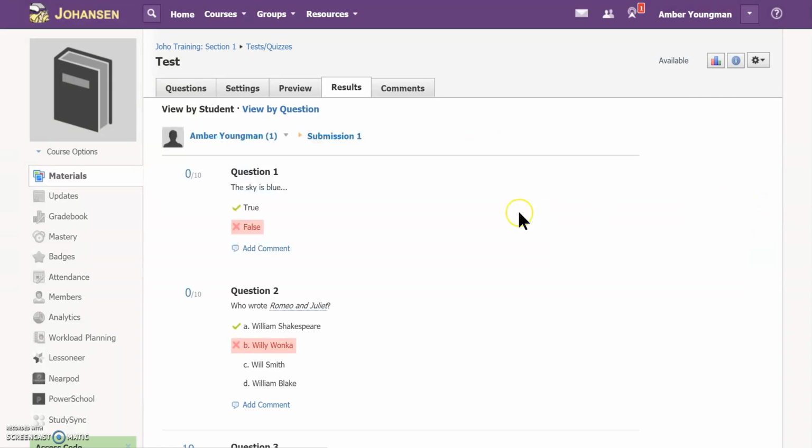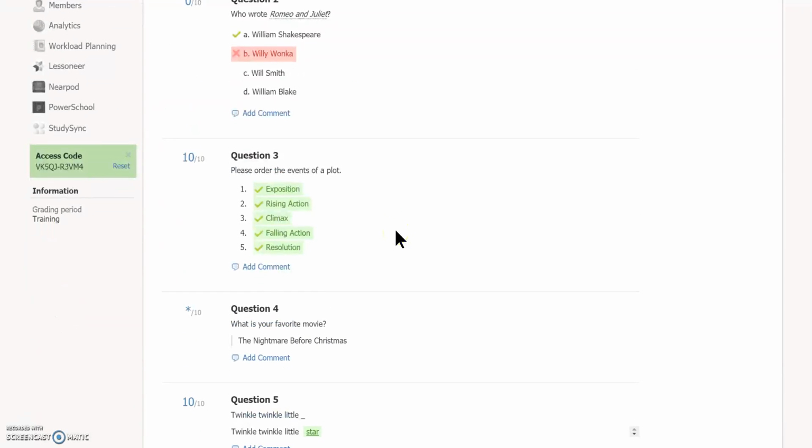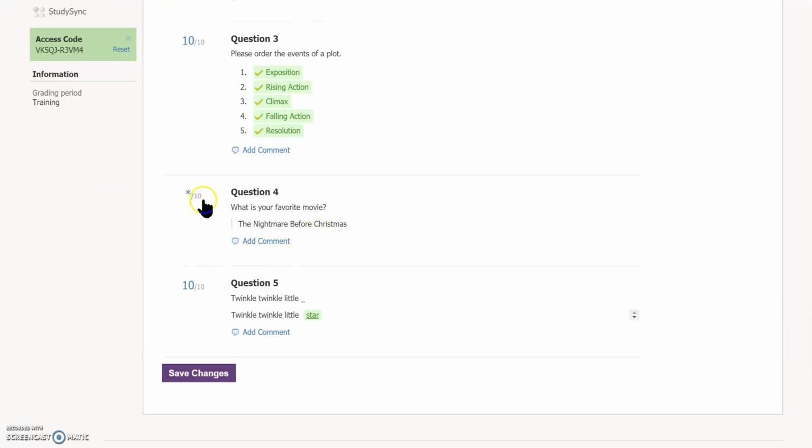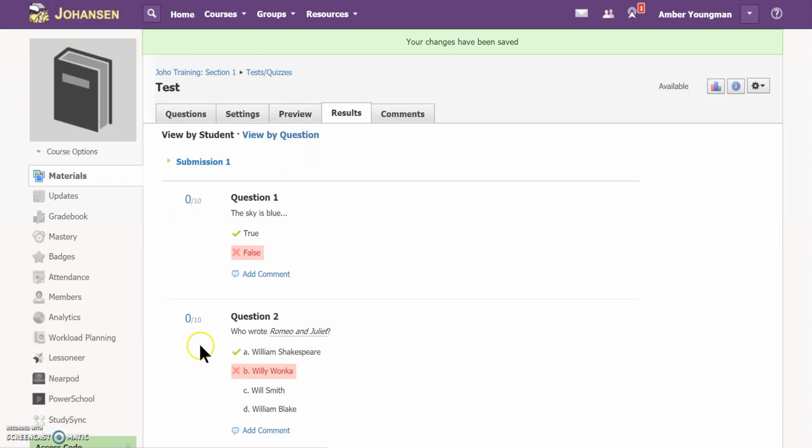I'm going to click view and edit, and I can see here which ones they got right and which ones they got wrong, marked by red or marked by green, as well as what the true answer was. And now I need to go ahead and, whenever there's a star over the score, that means I need to grade it. So I'm going to click on that so I can give it a grade. If this was worth 10 points, they gave me a good response, I'm going to give them 10, and I'm going to click Save Changes. And so now,